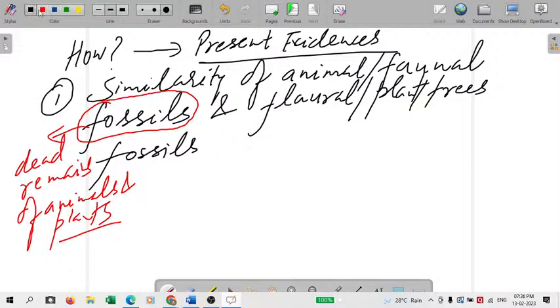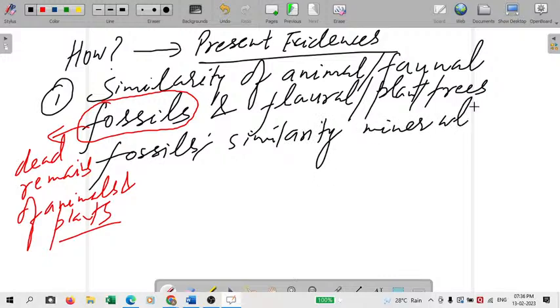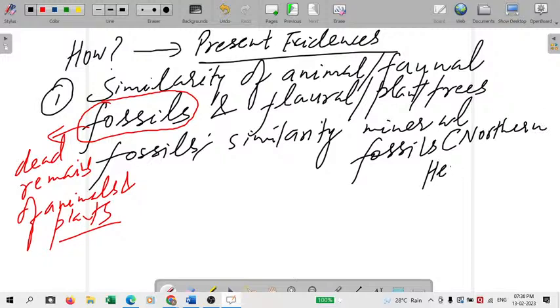In fact, Alfred Wegener also spoke about similarity of mineral fossils. अब ये जो similarity of mineral fossils है, उन्होंने स्पेशली दिया नॉर्दर्न हेमिस्फेयर के लिए. अब ये मिनरल मैं जानबूझ के यूज कर रहा हूं यहां पे, otherwise mineral fossils जिसका उन्होंने coal का similarity दिया था different continents में, specially North America and Europe, right? अब वो animal faunal fossils और plant fossils में आ जाता है, क्योंकि coal, what is coal?